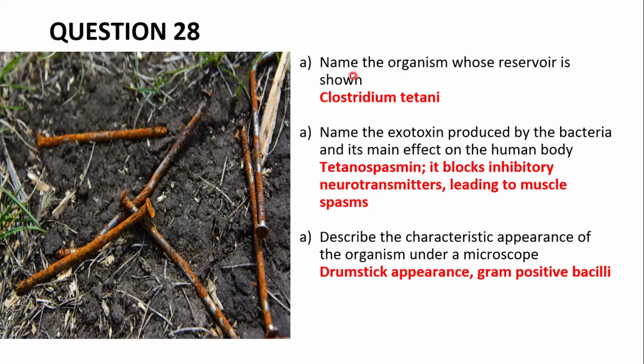Okay. I don't think I have anything else to mention for tetanus. What you have to know is soil is its reservoir. It produces tetanospasmin, which blocks inhibitory neurotransmitters like GABA, and then it causes spastic paralysis. That's the most important thing to know. And then you do the drumstick appearance. Another issue is